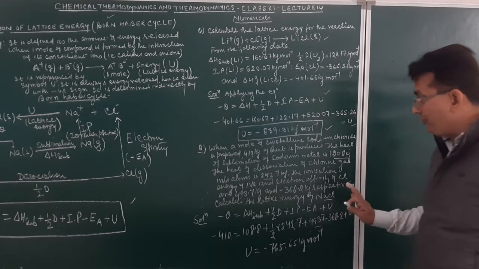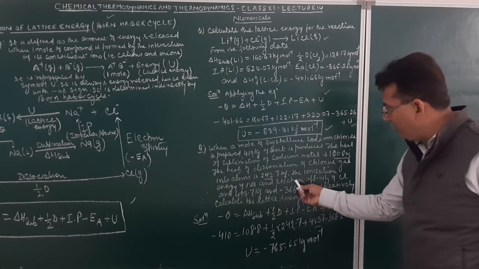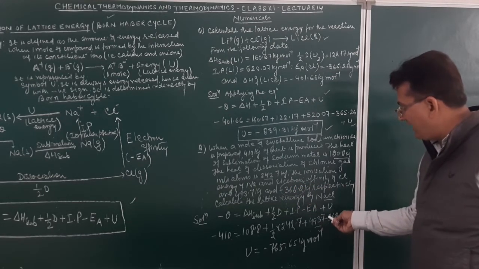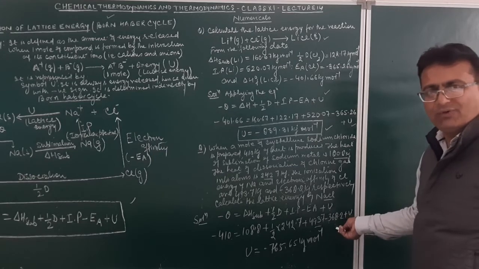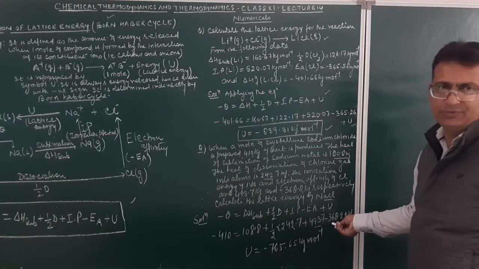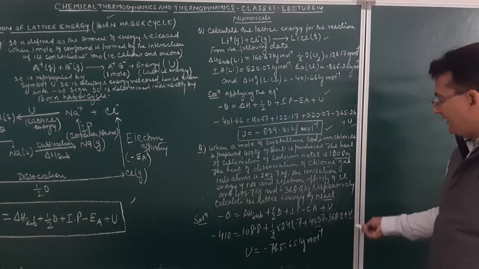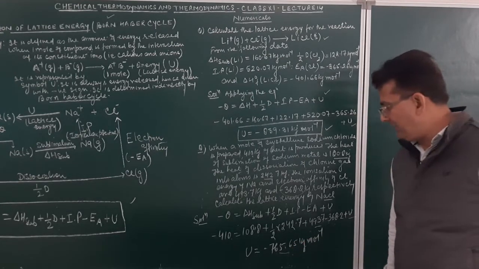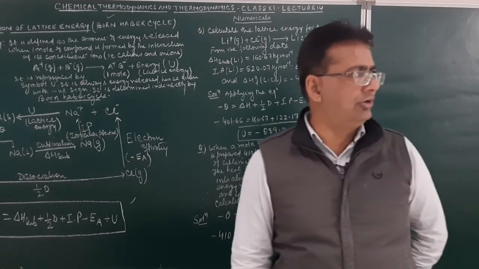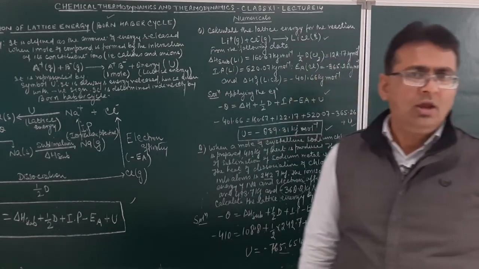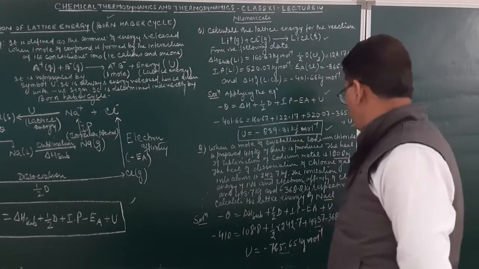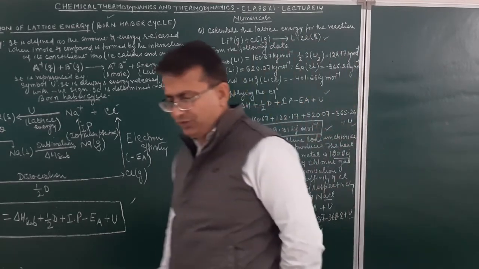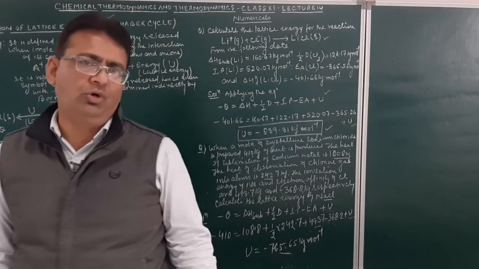No need for confusion. Just see, electron affinity over here is minus 368.2. Please do not do it like minus plus, because it will always be the energy release. So it is to be substituted as minus. And then the lattice energy value will come out to be equal to minus 765.65 kilojoule per mole. So what will be the lattice energy in this case? It will come out to be equal to minus 765.65 kilojoule per mole over here.